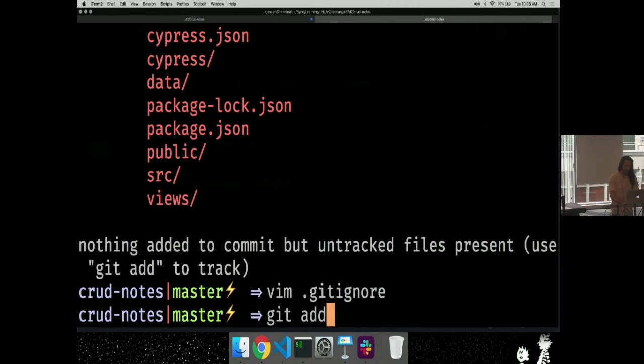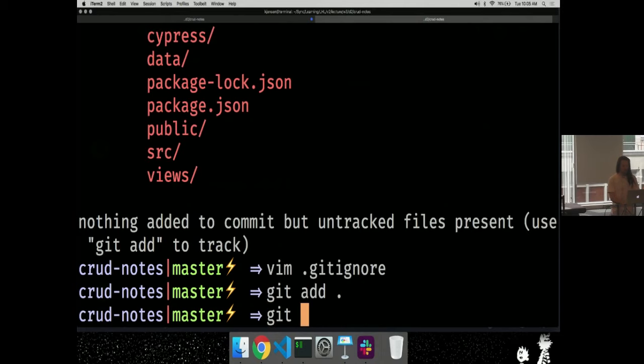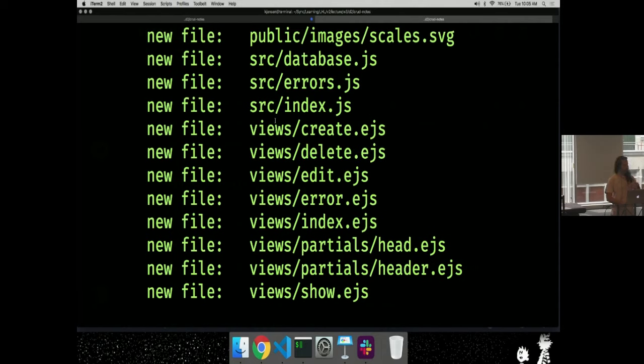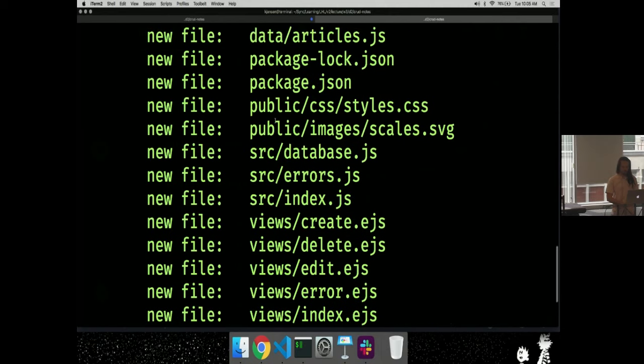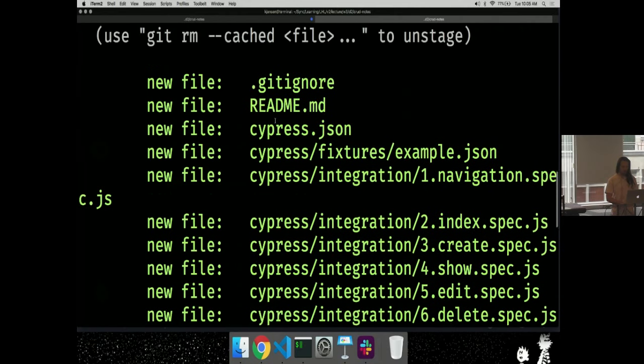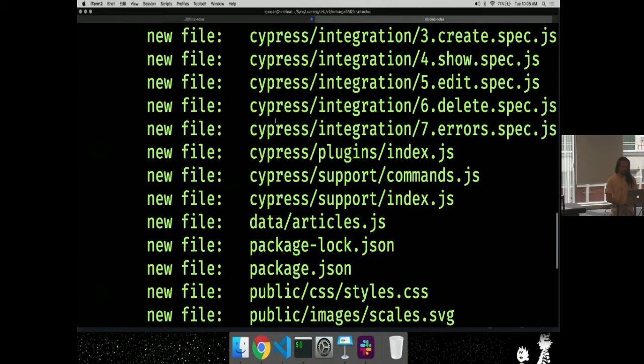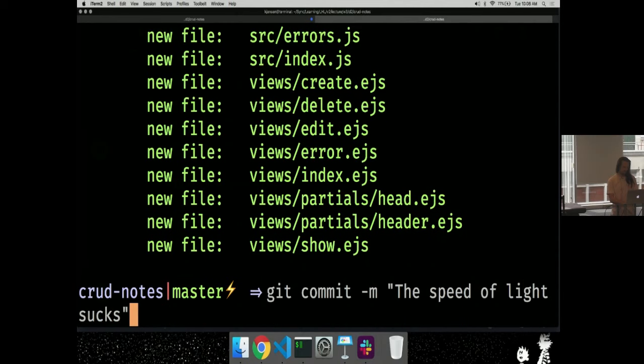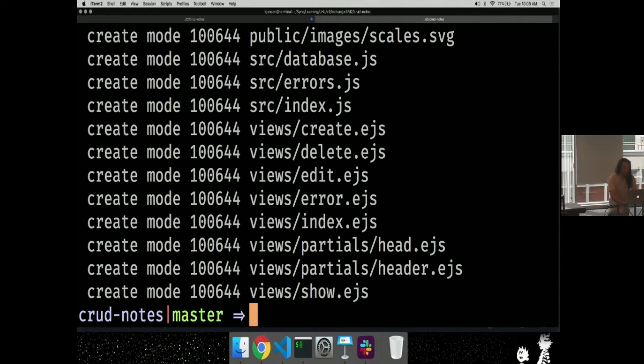So I'm going to add all this stuff. And since I've added this, I don't just commit at this point, right? I'm going to do a quick status check to make sure that I was right, that nothing hidden in those folders is going to get committed that I didn't want to. So here's a whole bunch of files, and this looks like stuff that is okay for me to commit. So I'm happy with that. Now I actually do the commit. Actually, you know what, I do it a little bit differently. All right. So now I've made my first commit.